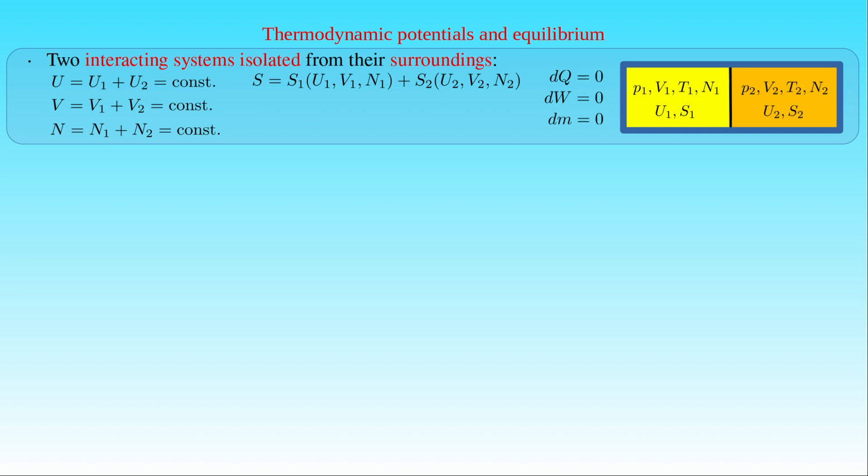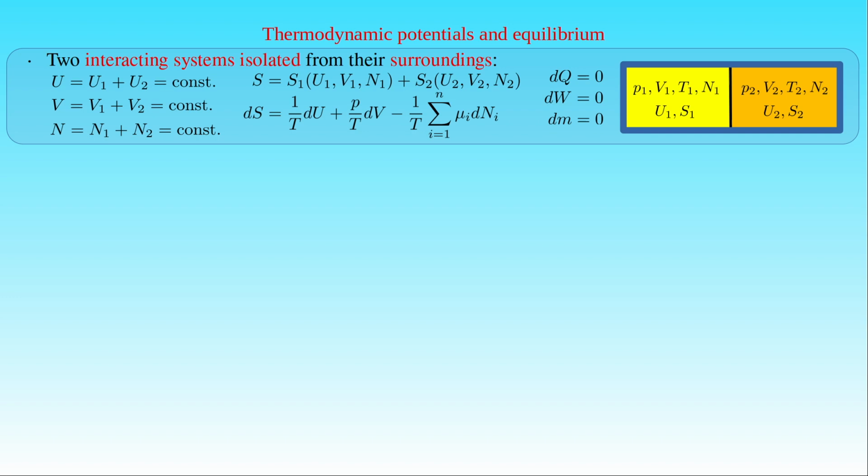In order to examine the conditions of thermodynamic equilibrium in the whole system for different types of the separation wall, we will apply the second fundamental equation expressing the differential of the entropy S as 1 over the temperature T times the differential of the internal energy U, plus the pressure P over the temperature T times the differential of the volume V, minus 1 over the temperature T times the sum of the chemical potential μi times the differential of the number of particles Ni. This equation can be used to determine the change in the entropies S1 and S2 of the subsystems during any